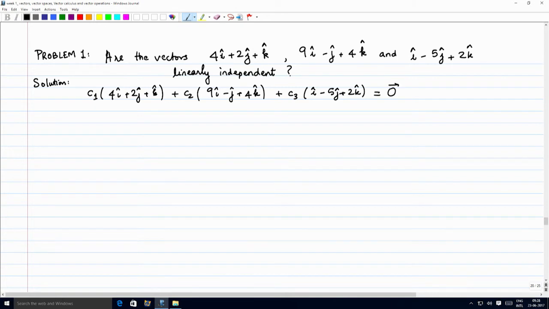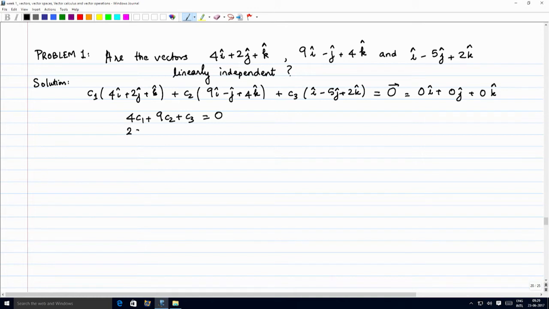So, if you had this condition, okay, now what you see is that there is an i component, there is a j component and a k component. So, basically the 0 I can write as 0 times i plus 0 times j plus 0 times k. Okay. Now, these three are independent components. So, I have 3 equations and if you write out the equations, you will get the i component. So, I will write the i component. The i component will look like 4 C1 plus 9 C2 plus C3 equal to 0. The j component